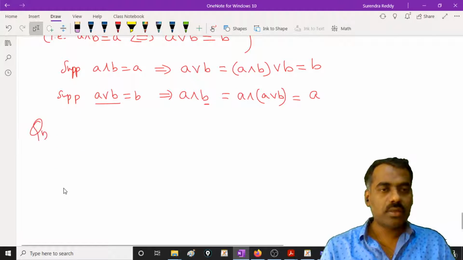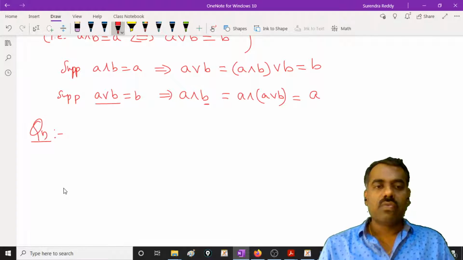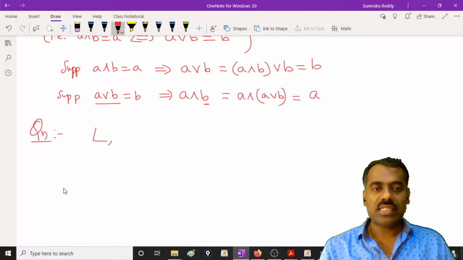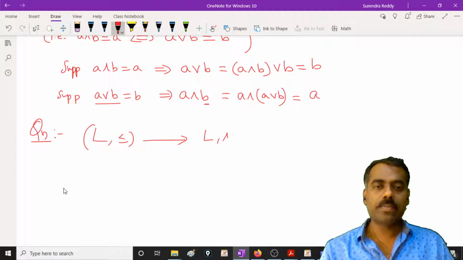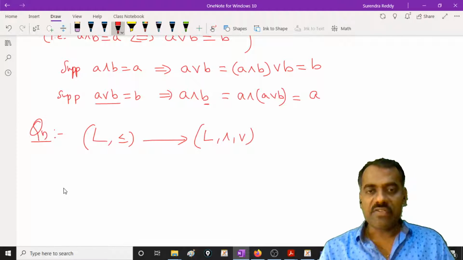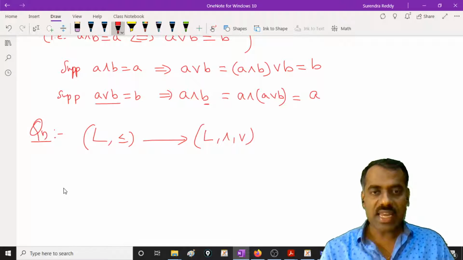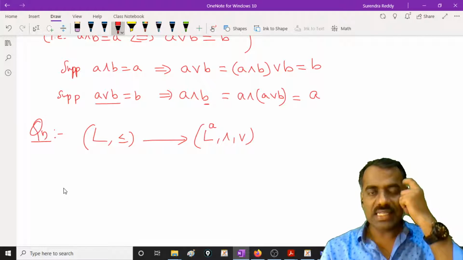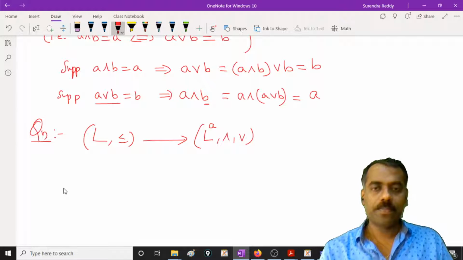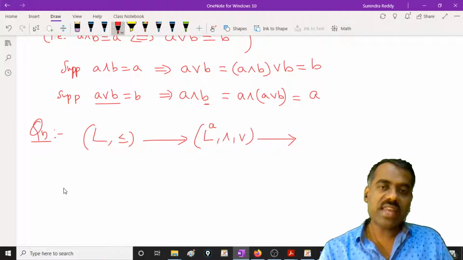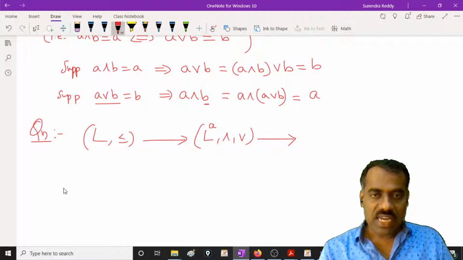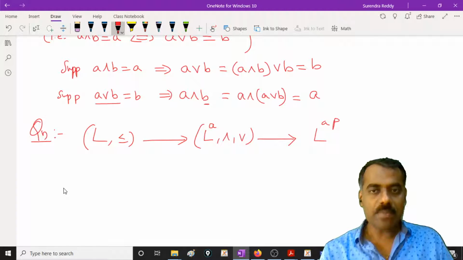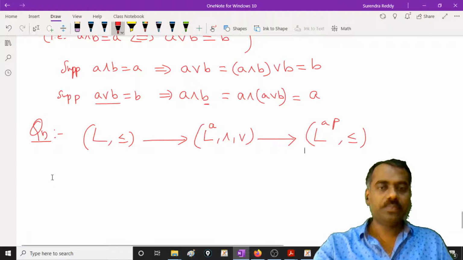The following question is: we have L as a lattice. From this, we are going to a lattice as an algebra, so I will write simply LA, because LA is just to say it is an algebra. Now from this LA, we are getting a poset. Are you following? When given a lattice as an algebra, we also get a poset that we denote by LAP, because this poset is coming from this one. Is this clear?